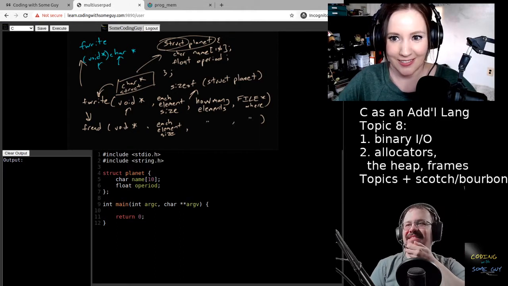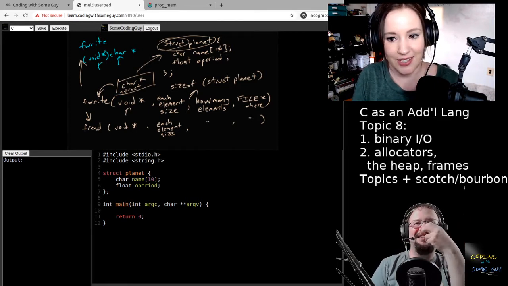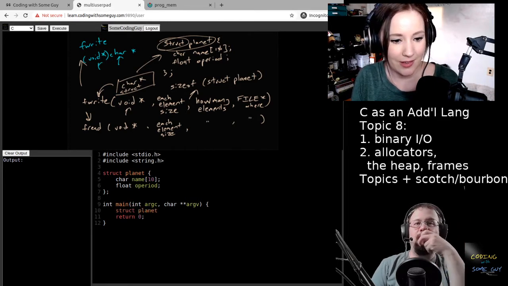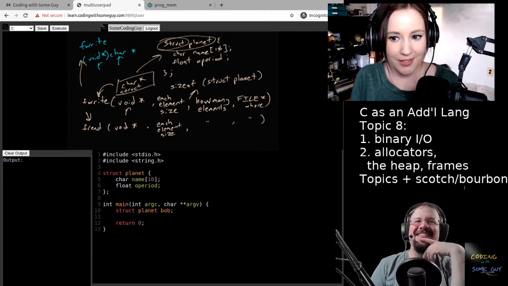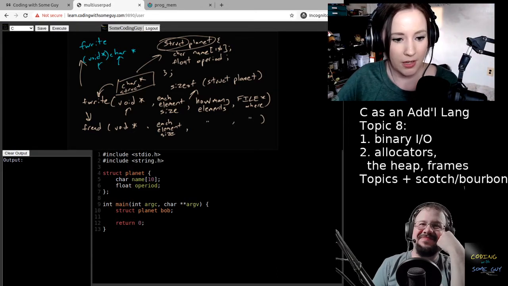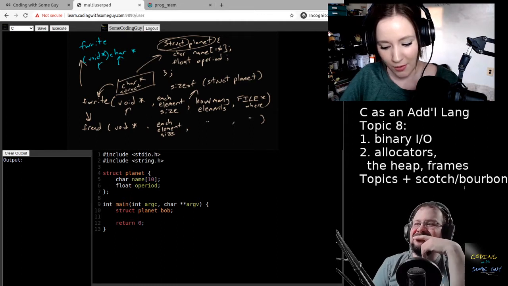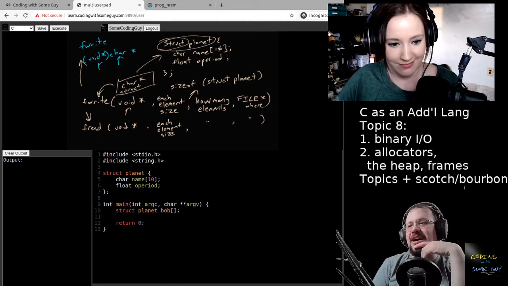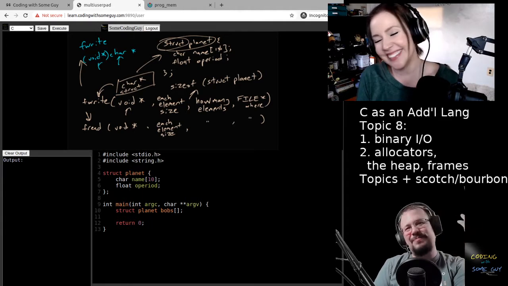A single planet. Let's just say that we're going to call this planet Bob. Nice. Okay, and the array operator goes in the usual place. Now we have the Bobs. These are Bobs. And we can pluralize it if we want.